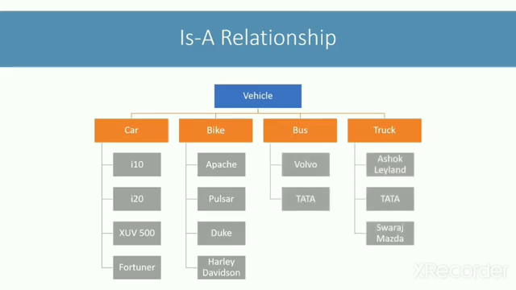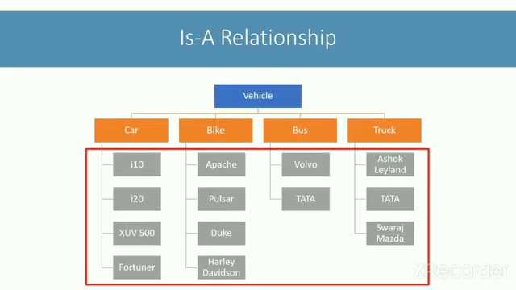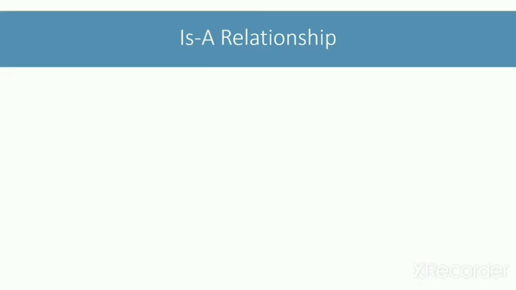I hope this helps you to see how we can use is-a relationship to categorize entities based on common characteristics and behavior. Also, most of the time these relationships are hierarchical, like we saw with vehicles, then cars, bikes, then the different models of these cars and bikes, etc. You can look around and find other such examples as well, like the different kinds of animals.